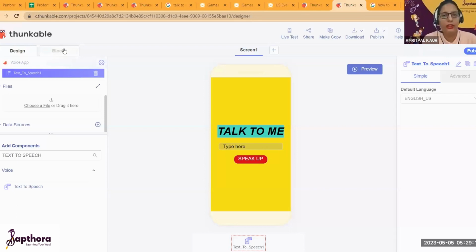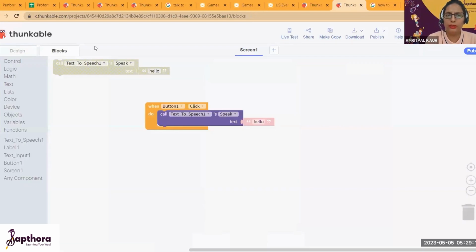Right? So now everyone come here and let's go to the blocks area. And we will not say hello, right? Right, guys? We will take text input, text. So simply, let me close the app. We will click on text input because we will take the text the user enters there, and it will be converted